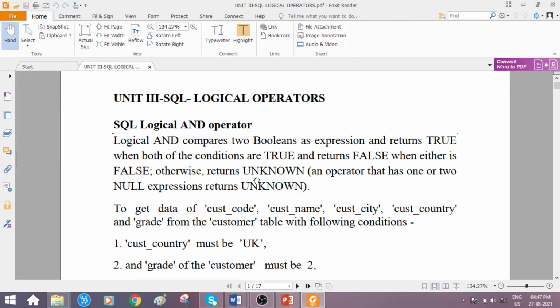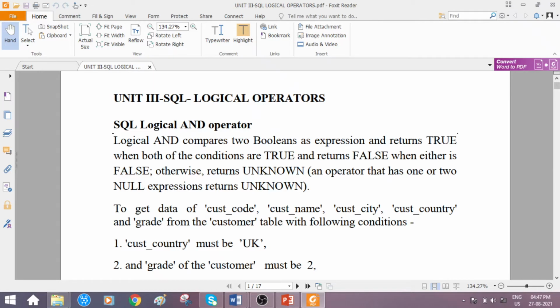So there is one more case called unknown. Unknown means among the two expressions specified by the user, in case one of the expressions is returning a null value, nothing like true or false, neither is it returning, instead it is null, then the result will be what? Unknown. Okay, so let us concentrate on the first two things. That is, when both the expressions are returning true, then the logical AND results in a true result, and if any one of the expressions is returning false, then the logical AND yields a false value.